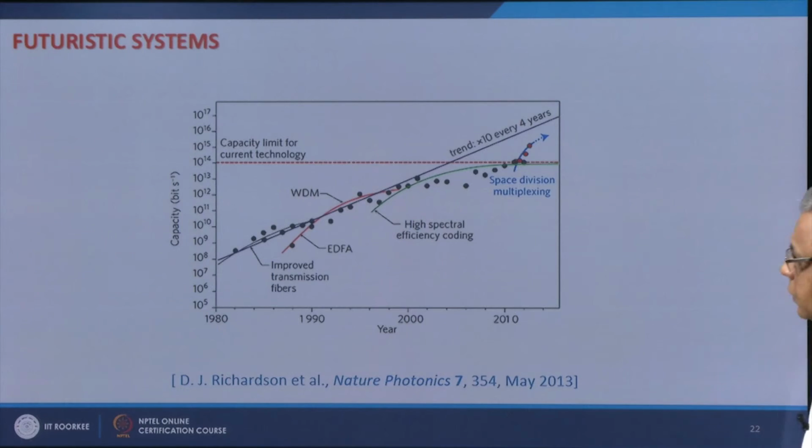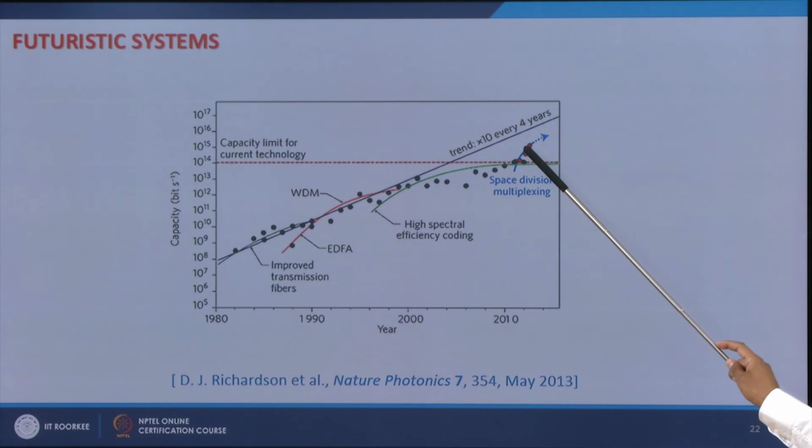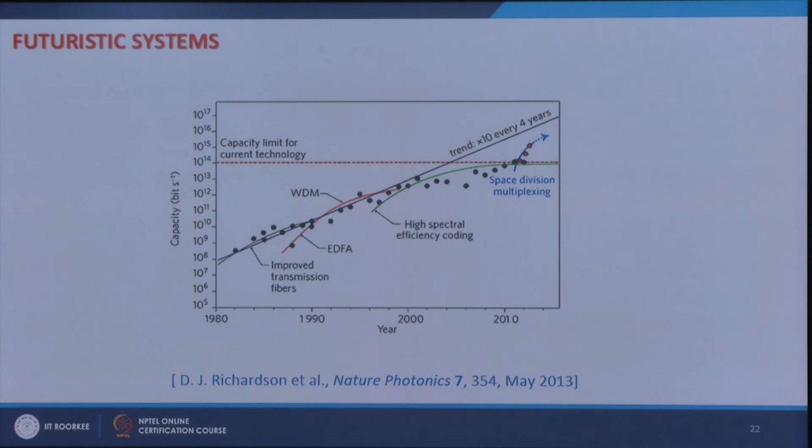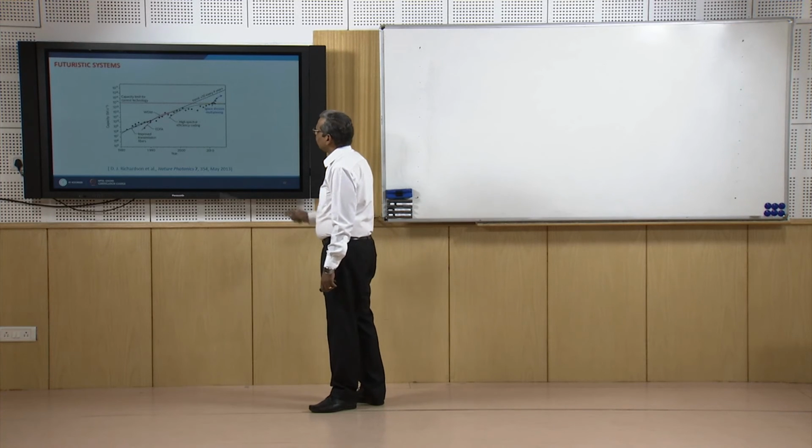If you look at it, this blue line shows that the capacity of an optical fiber communication system becomes 10 times every 4 years,